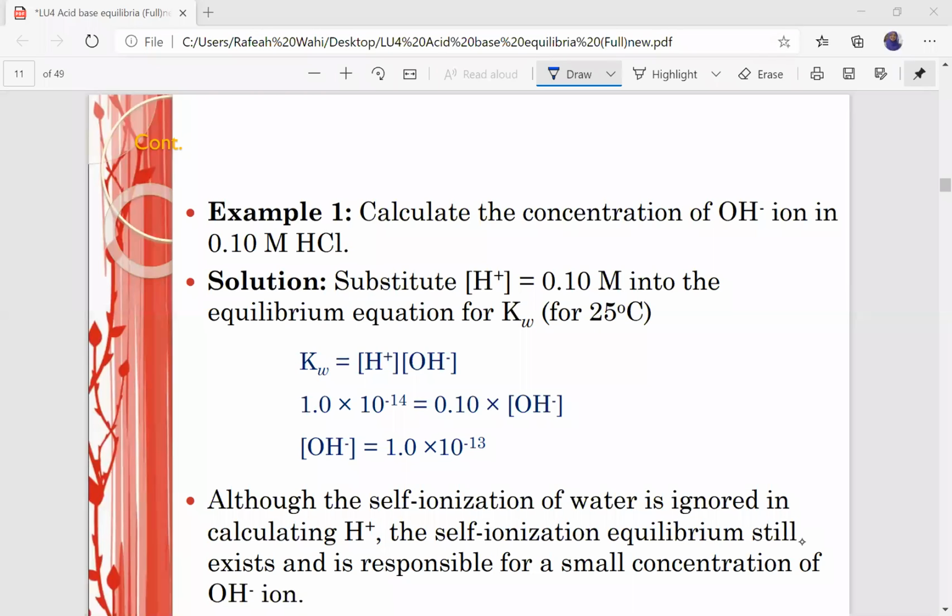Okay, example 1. Calculate the concentration of hydroxide ion in 0.1 molar of HCl. So, although we have HCl here,